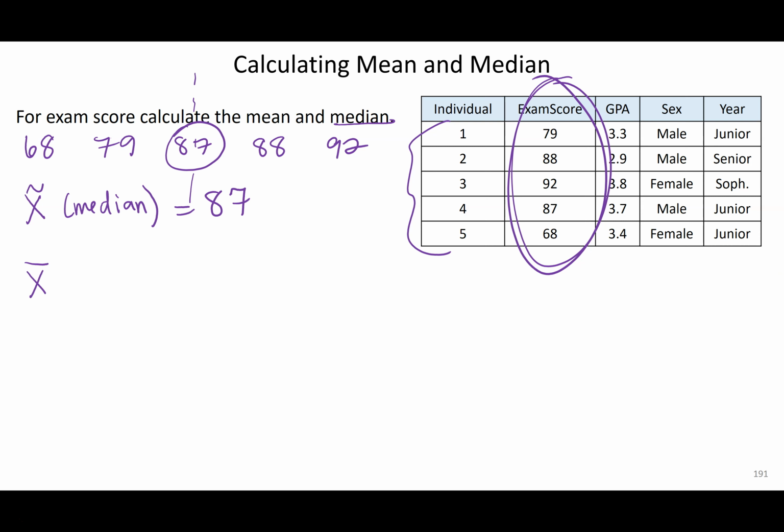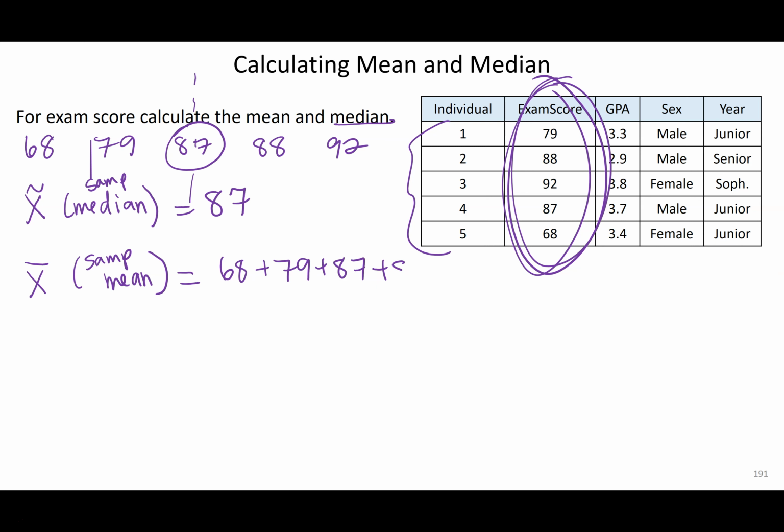So then my sample mean is going to be, I'm going to now add all of them. So 79 plus 68 plus 79 plus 87 plus 88 plus 92. So those 5 scores, and since there are 5 of them, I'm going to divide by 5. So if I do that, I get about